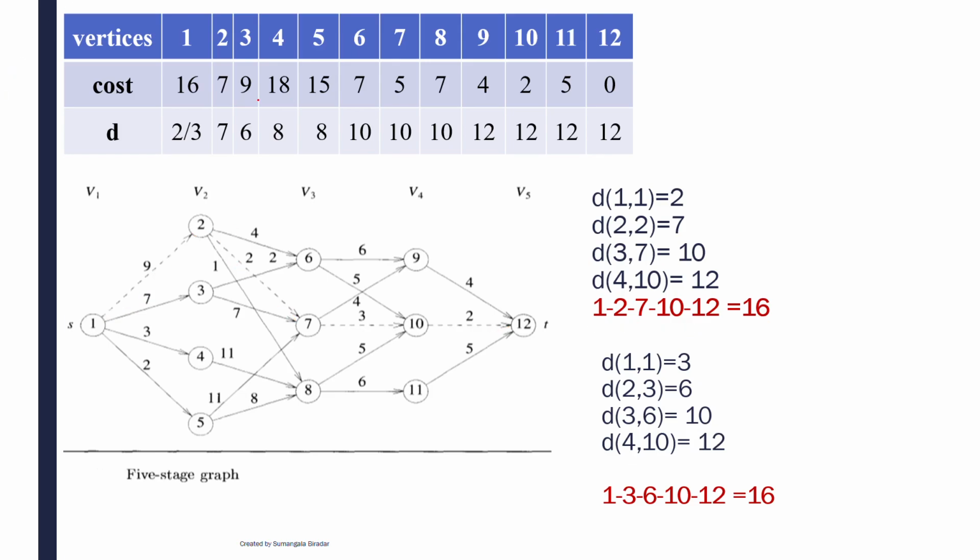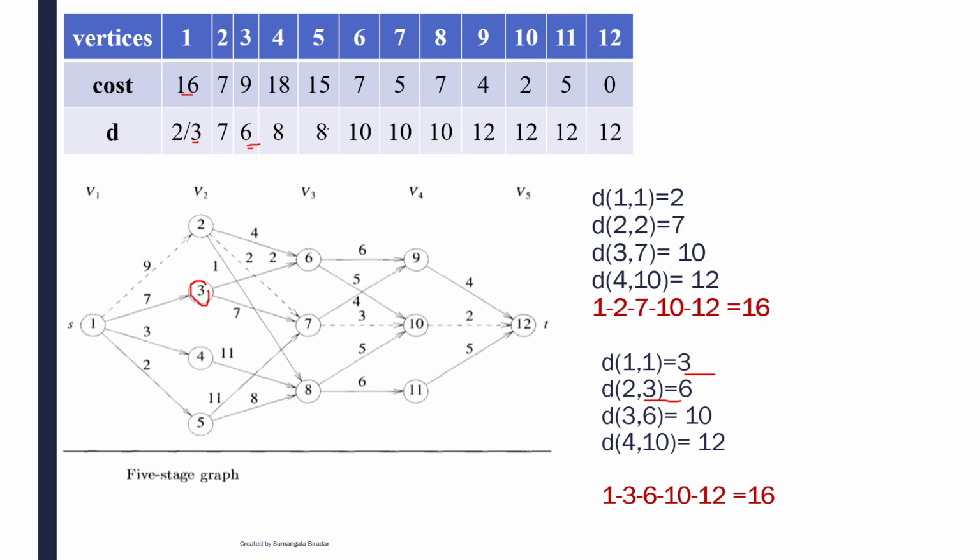Now for this one you got two solutions. Through vertex 2, if you reached it, then you got 16. If you consider vertex 3 as an adjacent vertex for 1, then also you got 16. That one also you have to consider now. So first stage, first vertex, then I have the D value 3 here. In the second stage, now I am considering 3 as the minimum because I got that one only as a solution. So 2 to, that is T. For the 3 it is having the cost as 6, D value as 6.